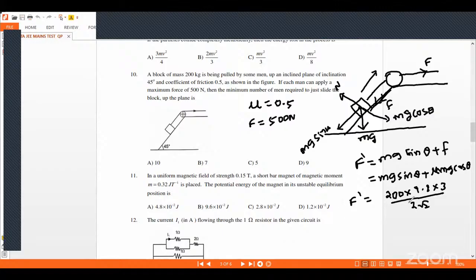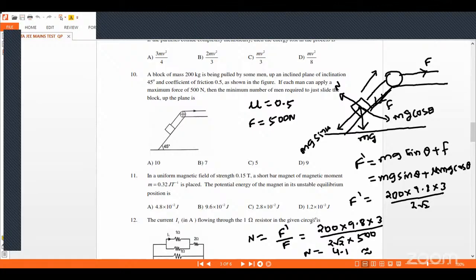So the number of men required will be F dash by F, that is 200 into 9.8 times 3 by 2 root 2, and F is given as 500. So we'll get it as 4.1 or approximately,